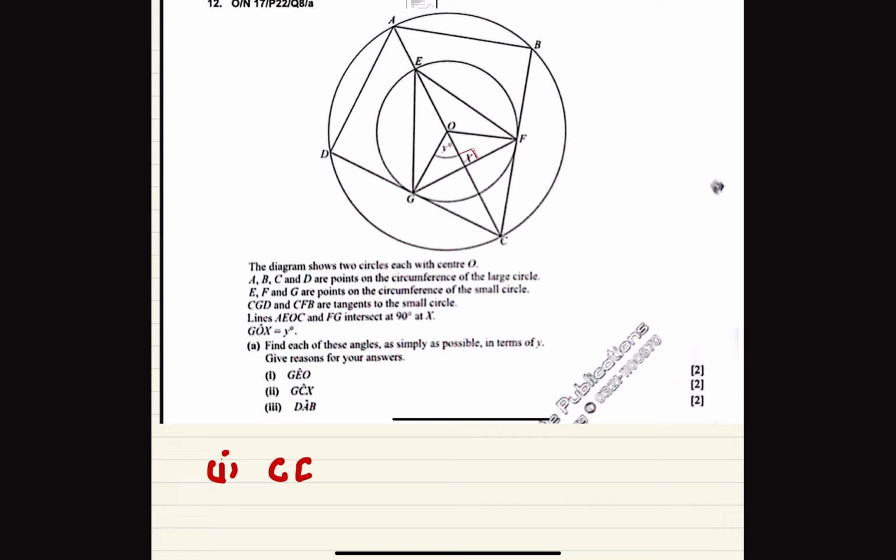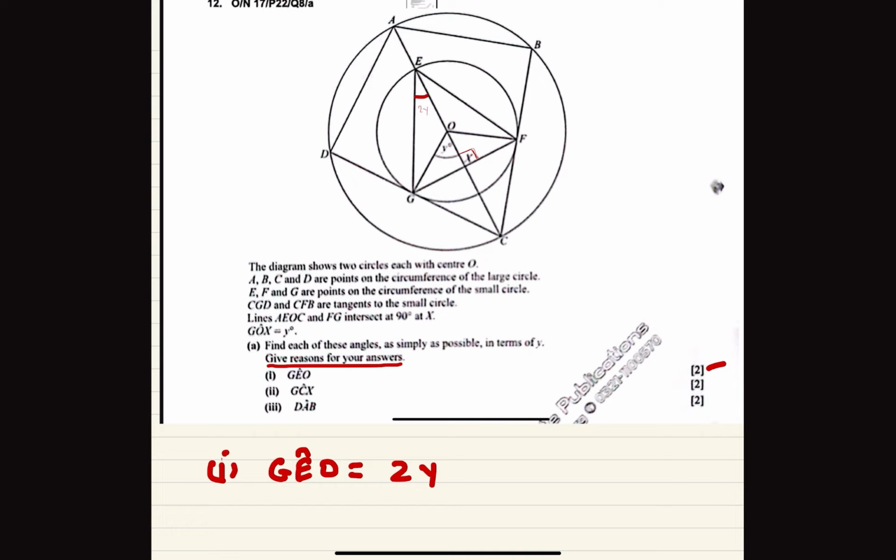Angle GEO, because angle GEO is 2y, right? Because in this question there are 2 marks, and the 2 marks are for the reasons for your answer. So when you write GEO is 2y, the answer is incomplete because you have not given the reason. This is 2y because